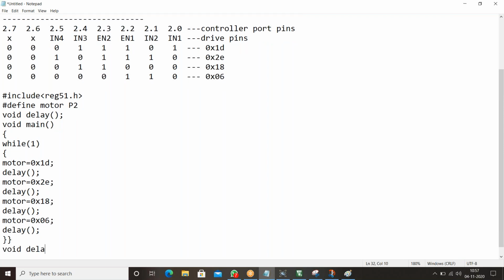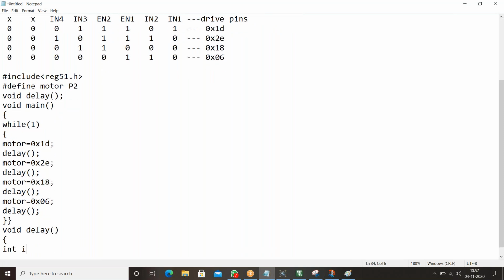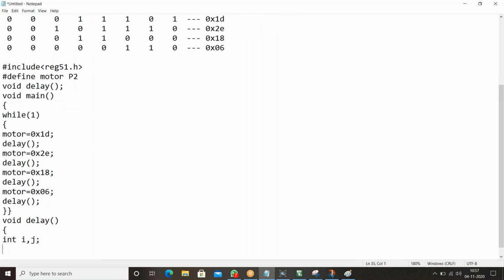Void delay. This is the delay definition. Open this, int i, j. Okay, for i equal to 0, i less than 100, i plus plus. This is an increment operation.